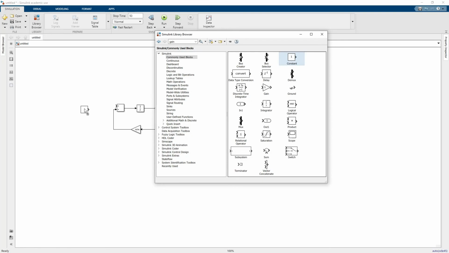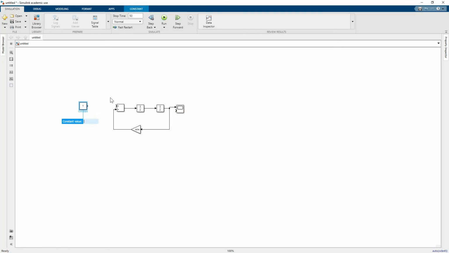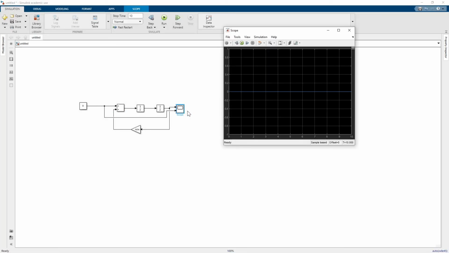Okay, we can add a constant and put 0 in the constant. Obviously, if I make this, let me get back to 10. If I make this and, oh, I forgot to connect the signal here, so let me connect it. Obviously, the signal will be 0, right? The yellow signal, which is the output, is over the blue line,